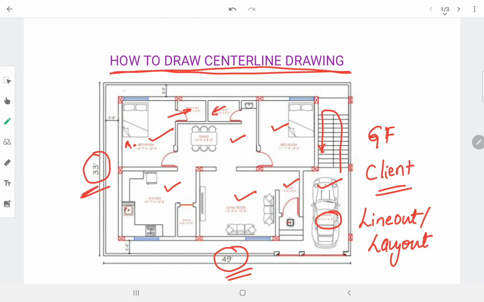As I said, we have already discussed how to fix the column locations. These should be either at the junctions, or these columns should be hidden in a wall. So here we have provided the columns. Here you can see the column locations.